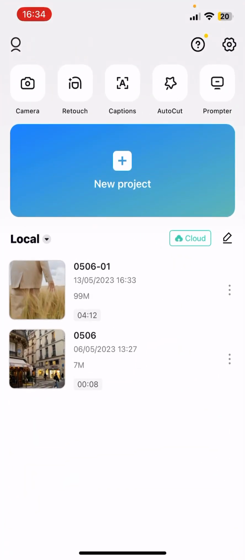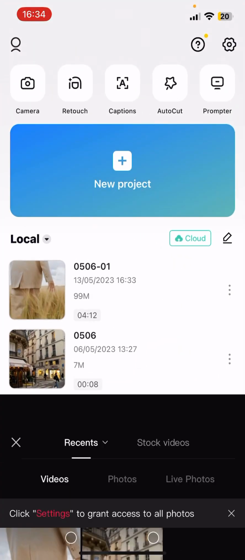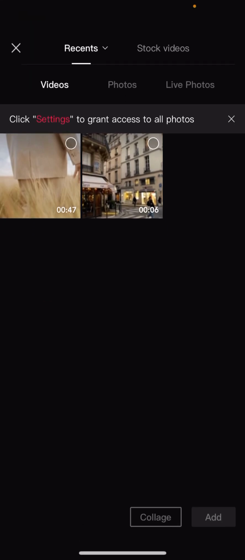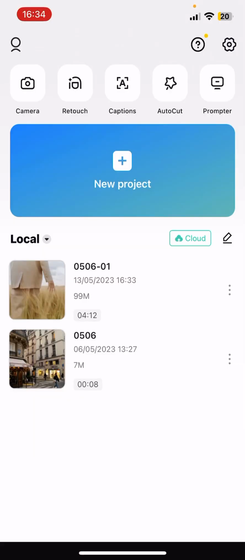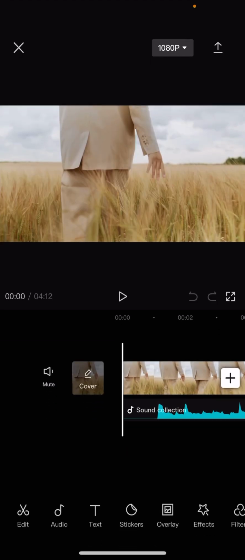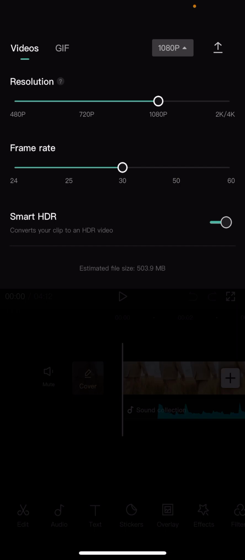First, open the app. Now you have to select one of your projects, or if you want to start a new one, click on that plus icon, and now you have to select from your gallery that video that you would like to edit. I'm going to use this one, and now you have to click on this 1080p icon where you can see at the top of the screen, and now you can see the frame rate